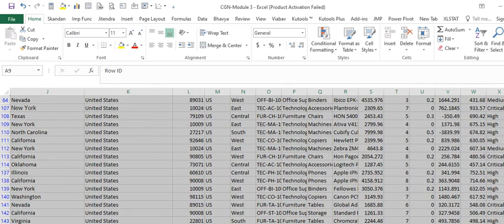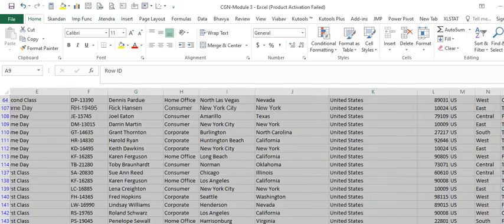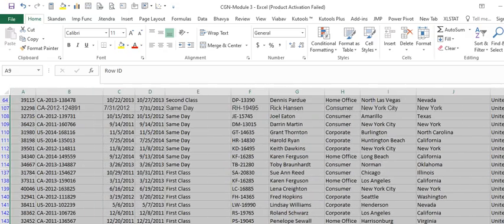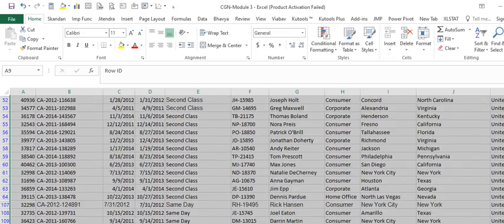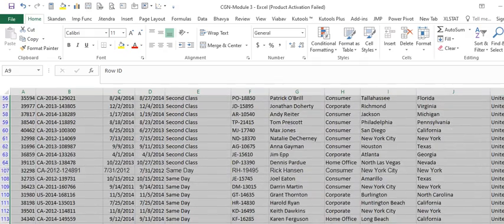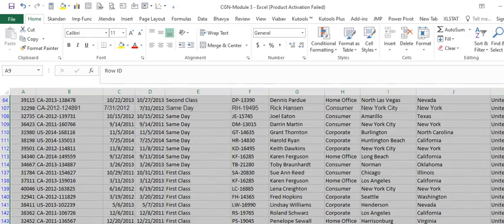On the other side, if I look at the first column on which I sorted, you can see that it comes in as first class, same day. For US, all those classes which are in the records will be there.